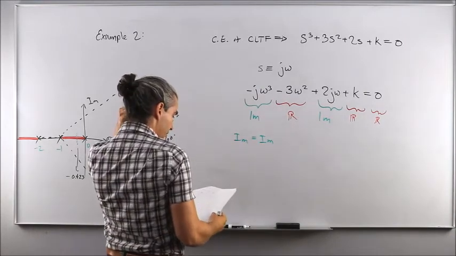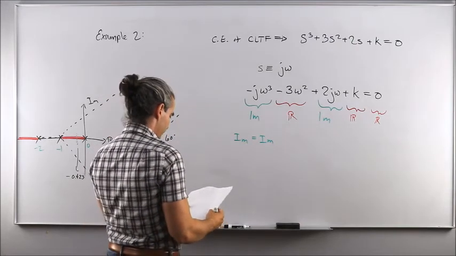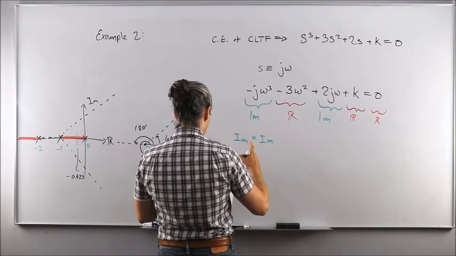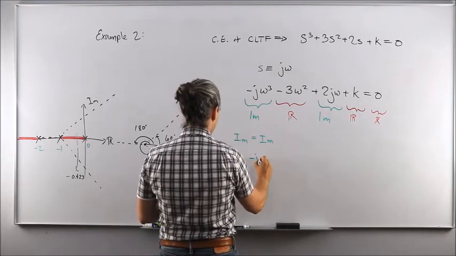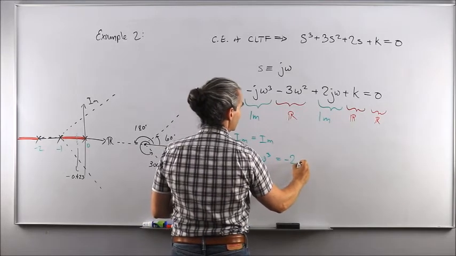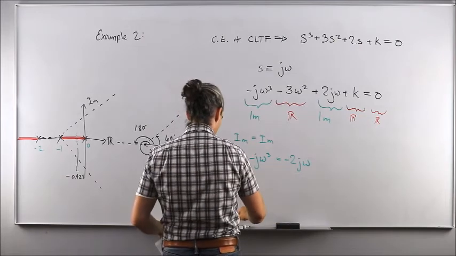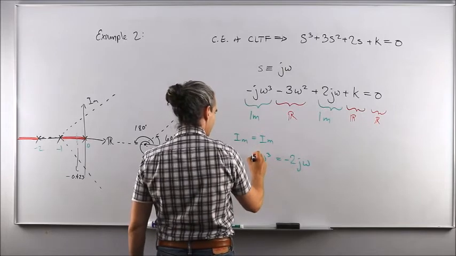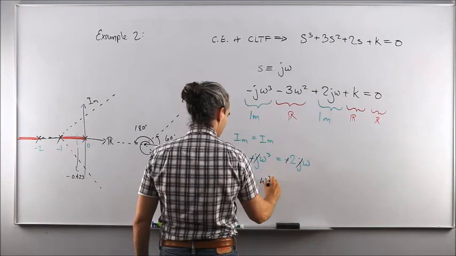So forget about the real terms, and you're going to get minus j omega cubed equal to minus 2j omega. Or alternatively, I'm going to keep going in black because you can probably see it better. The negative j terms cancel out, and you're left with omega cubed